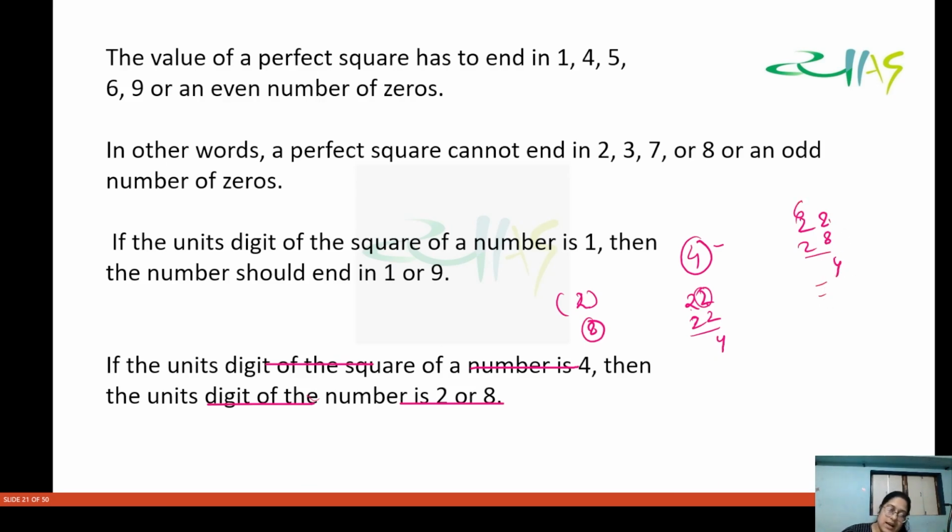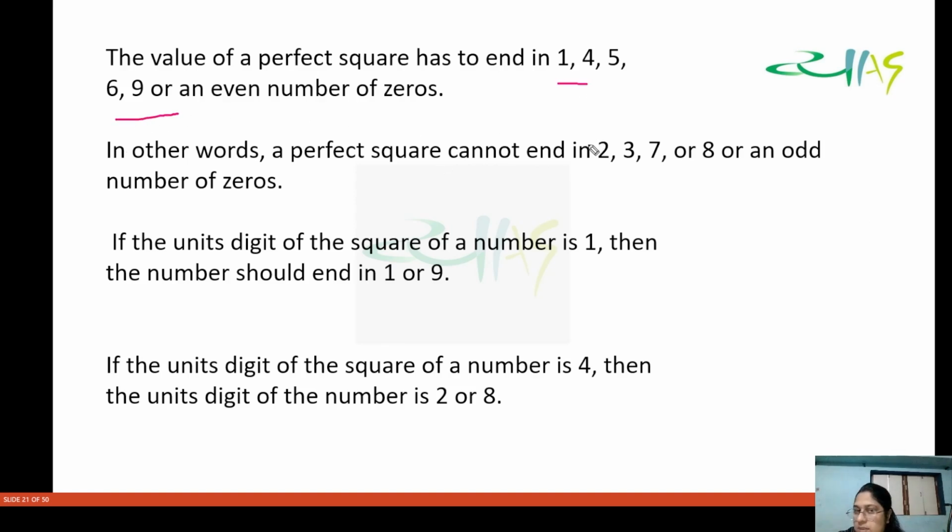तो देखिए अगर ये कुछ जनरल ऑब्जर्वेशन कर ले तो हमको बहुत कम कैलकुलेशन करनी पड़ती है। All right, ये कुछ जनरल ऑब्जर्वेशन क्या है कि एक तो पहली बात तो 1, 4, 5, 6, 9 में ही एंड होगा कोई भी परफेक्ट स्क्वायर, या फिर इवन नंबर ऑफ जीरोस में, है ना। 2, 3, 7, 8 यूनिट डिजिट नहीं होती किसी भी परफेक्ट स्क्वायर की, ठीक है। या फिर ऑड नंबर ऑफ जीरोस भी नहीं होते परफेक्ट स्क्वायर में।